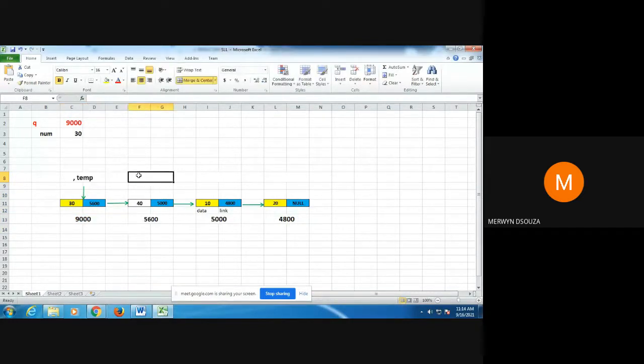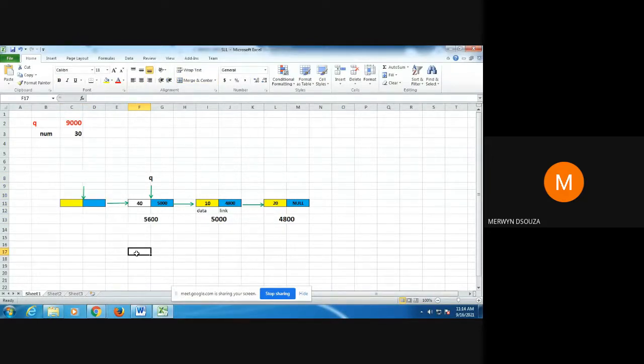Basically I will shift q here, like this. So q will be shifted from the first node to the second node, and after I have shifted q, then I'm going to delete the first node.